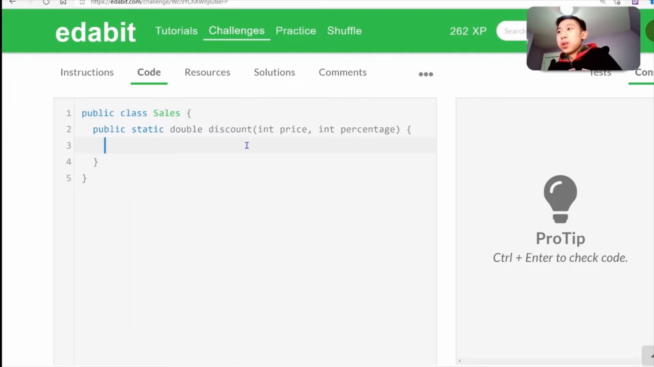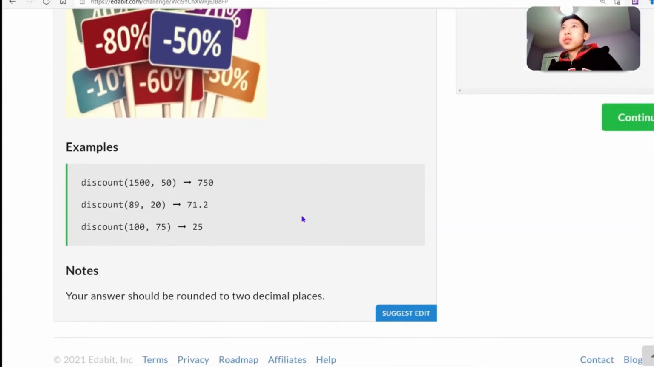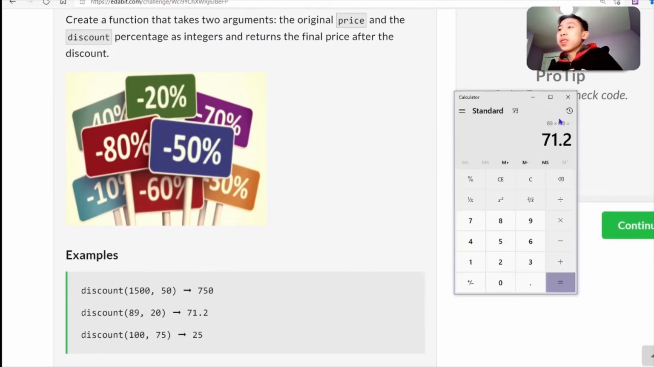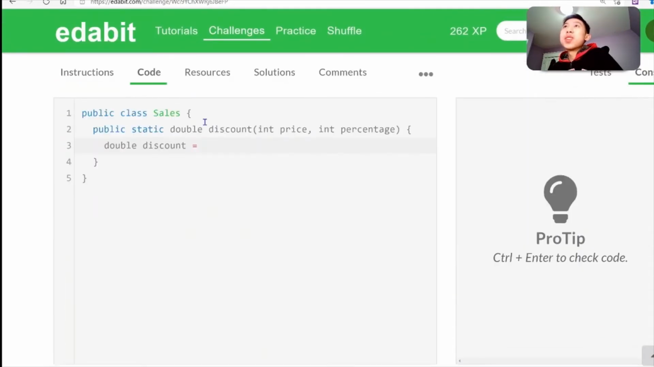So there's two parts. There's the price and the percentage. So we need a double, and that will be the discount. And if you go to the question, the discount would be 100 minus this price. Since we looked at our calculator, we saw that's how you calculate it. So I take 100 minus the percentage,